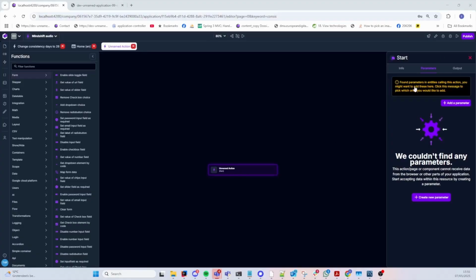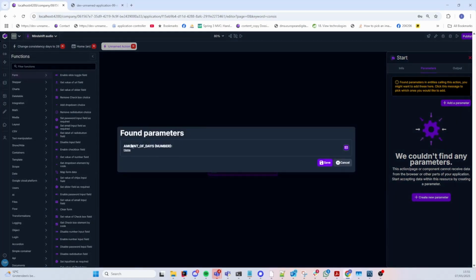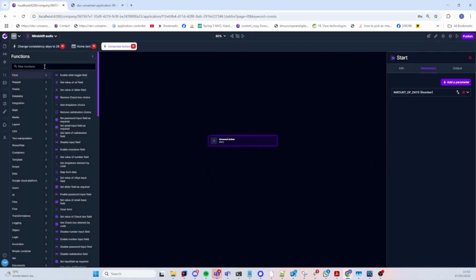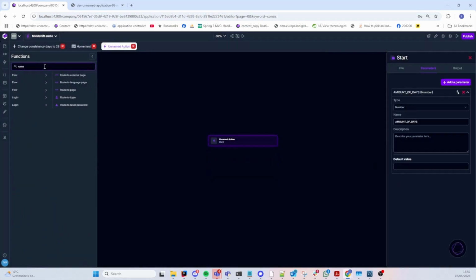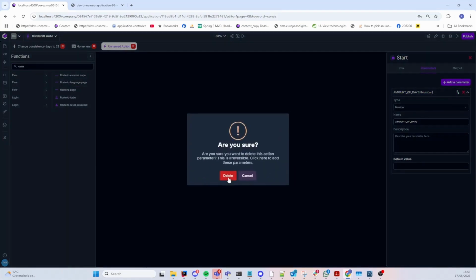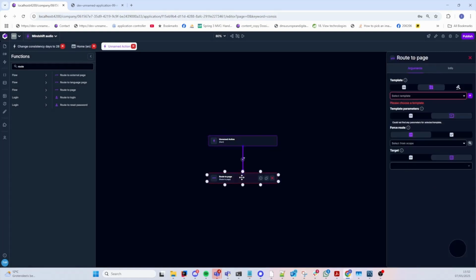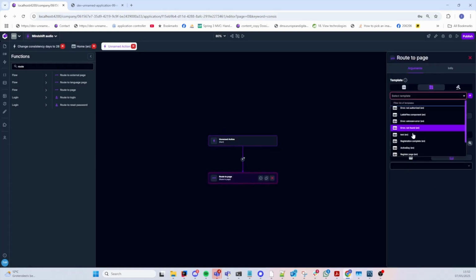But if you have an action that is being called in a template that has parameters of its own, we will find it, and you will be able to add it easily to your action like this to be able to use it. But now that I think of it, it was not necessary for this action. So I'll just remove it like this, and then we'll go back to home,